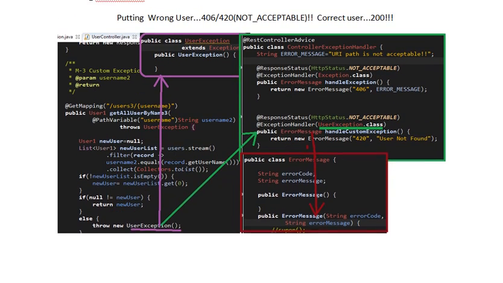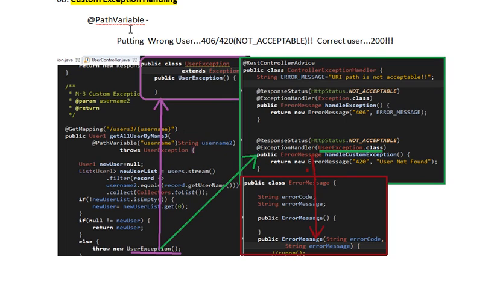Now see here, I have used @PathVariable. For a wrong user, obviously it will go to this workflow and it will throw the UserException, that's the custom exception. You will get 406 as the status code, that's not acceptable, and you will get the error code message as the 420 that I have mentioned, and user not found. And if the user is available, not null, then you will get 200 and you will get the